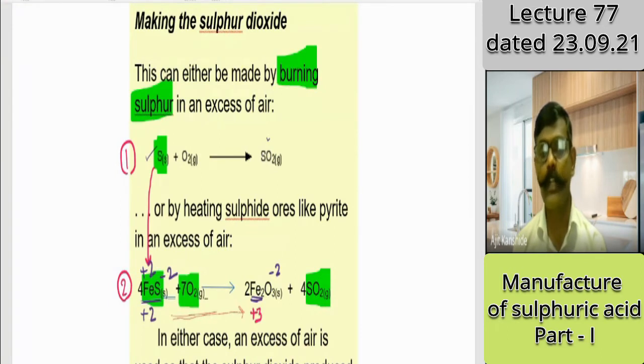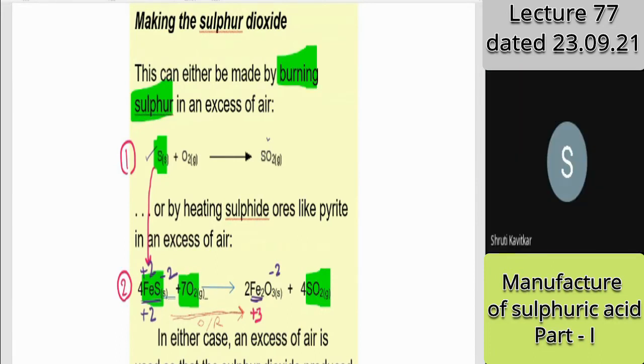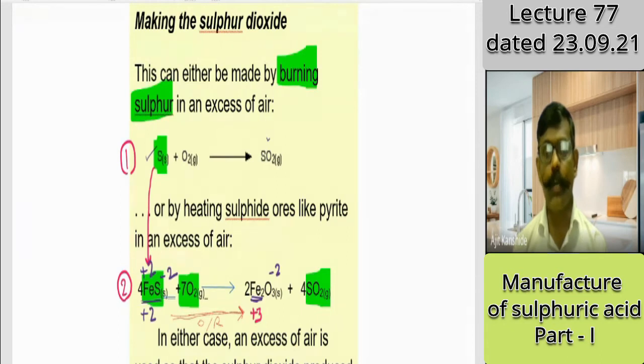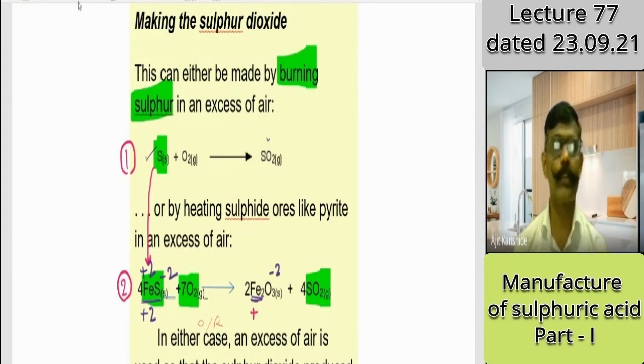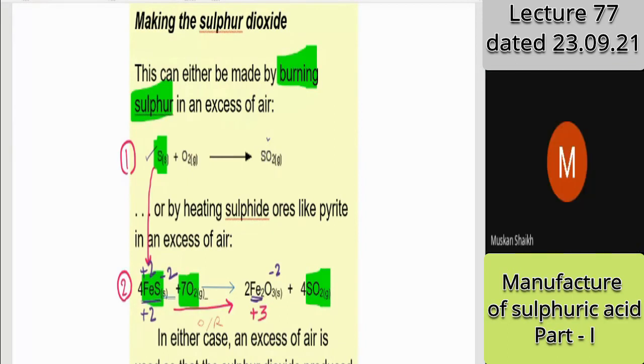Answer for my question. This process of conversion, oxidation or reduction? I said already, if you don't know, say don't know. If you are not clear, repeat the question. I repeat. Fe+2 converted to Fe+3. This conversion is called oxidation process or reduction process? Oxidation.